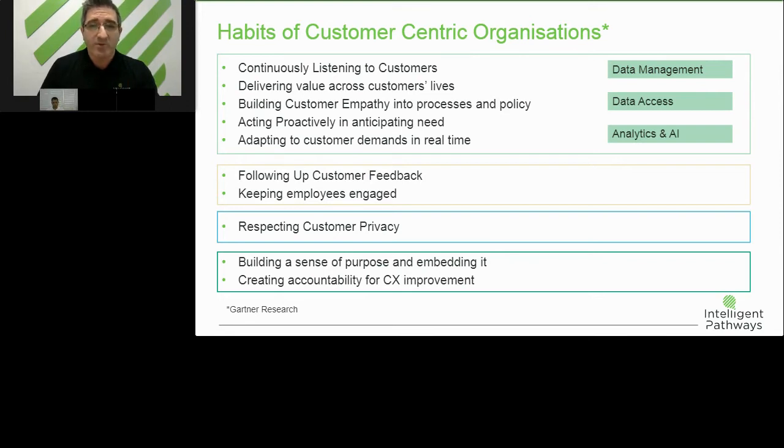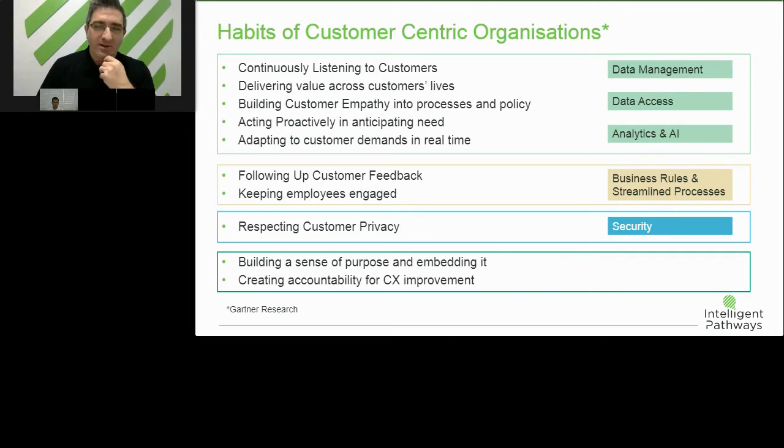We're all familiar with business rules and streamlined processes, really critical to drive efficiency and keeping employees happy in the work they do, with being able to transition into higher value tasks. Security, this is not a security forum, but certainly that goes without saying that you need to get security right. And of course, the cultural and governance that is overlaid on top of that.